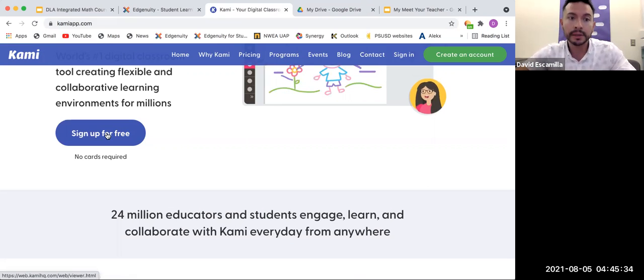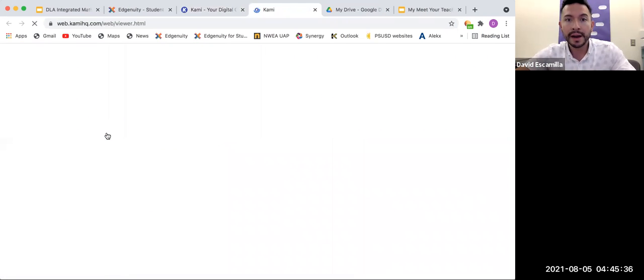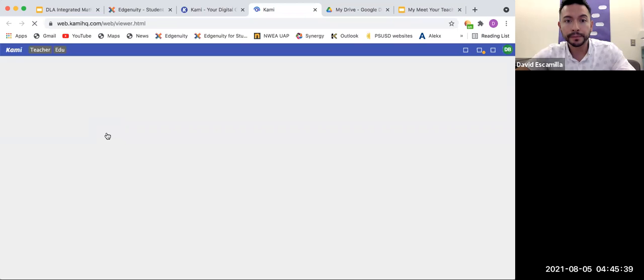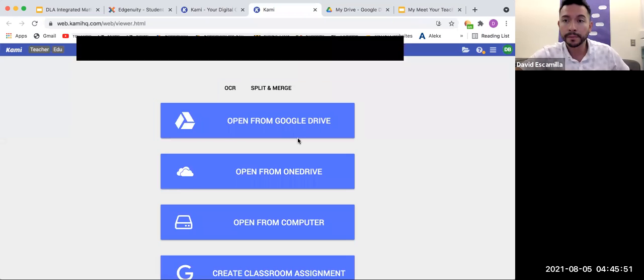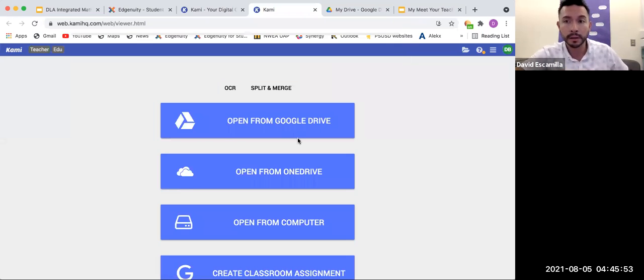So click on sign up. You're going to have the option to use Google to sign up. In this case, unfortunately, my system already recognizes that I have an account already. I have my district email saved. So this is my Kami account, okay? But then after you put your email address and your name, you're going to have access to this. So once you're here